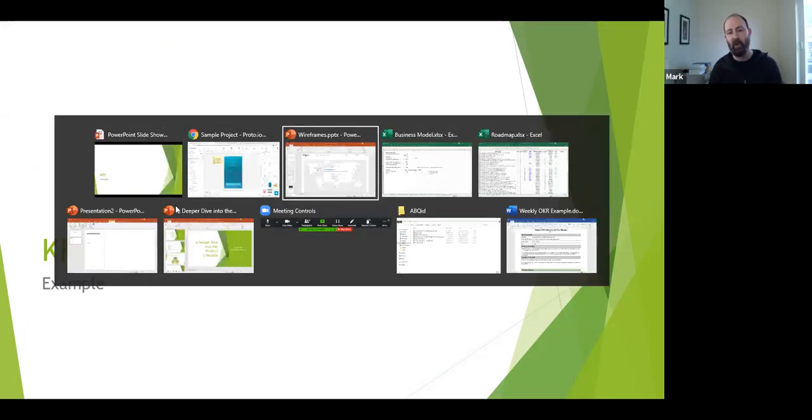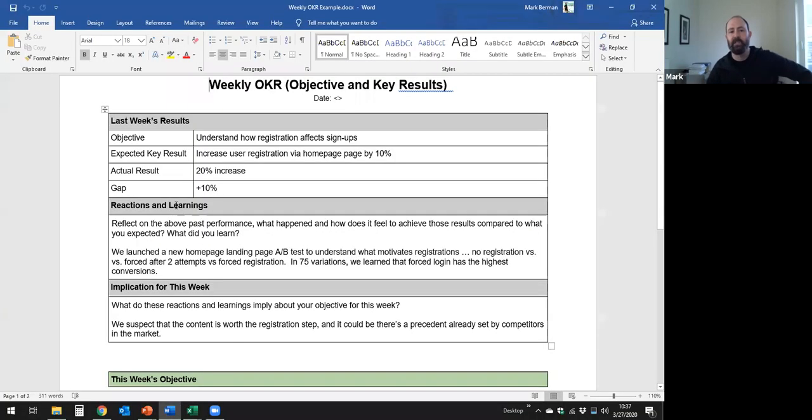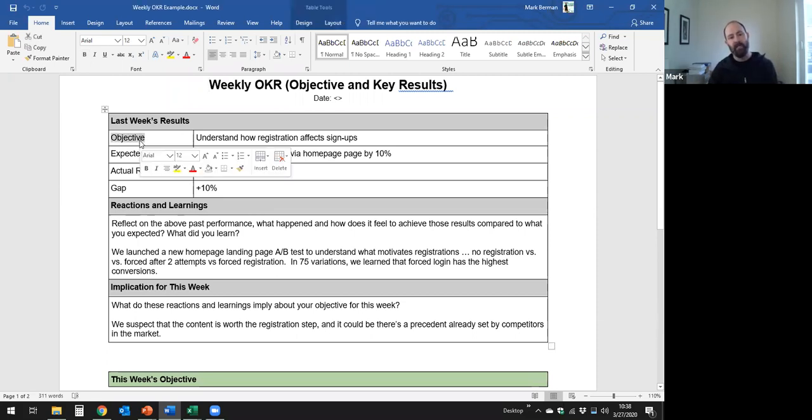So, maybe now you've actually built something, you've released something to customers. So the KPI example is one that we just talked through. So this is using OKRs, which I think Google and was it Intel pioneered. But whether you use an OKR or a KPI, it really doesn't matter. The idea here is to be explicit about what your objective is and what you expect the key